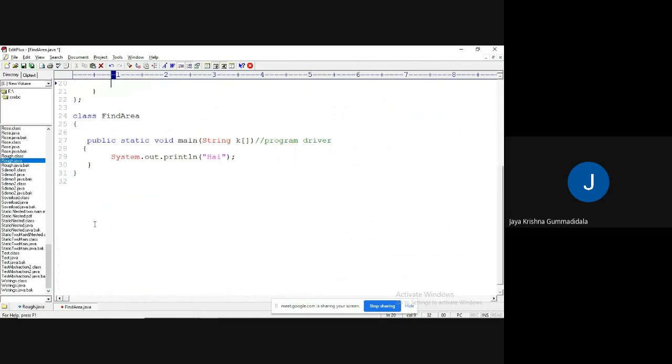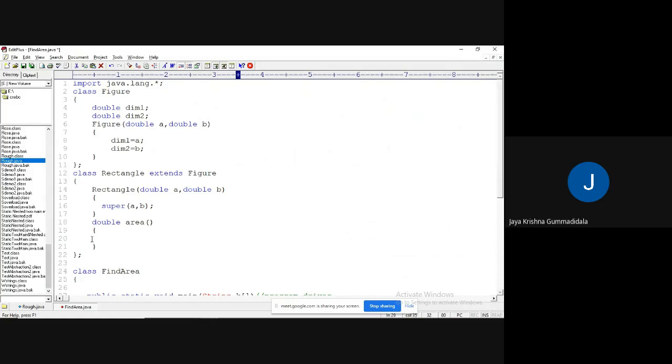I am going to print something with System.out.println, "area of rectangle", and simply return a double value: dimension 1 into dimension 2.